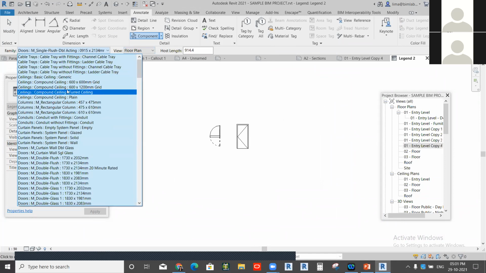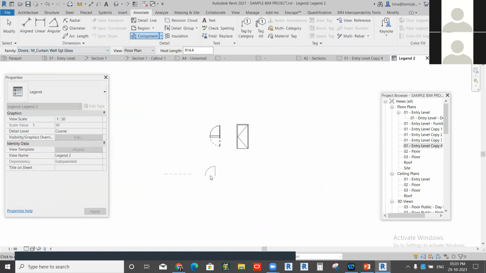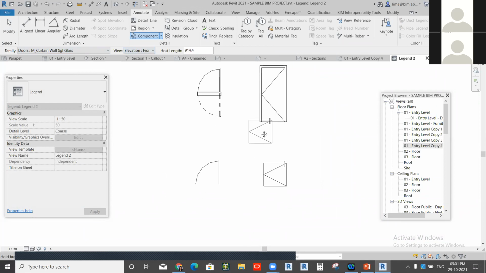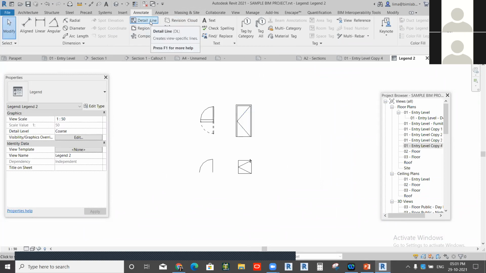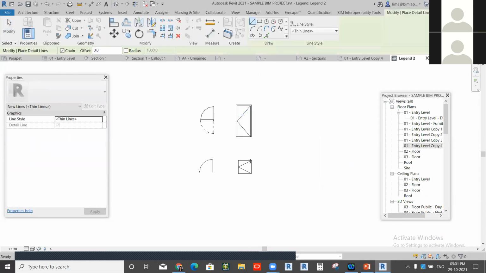So here you'll get all the items, the plan view and the front elevation, and you can customize this by simply drawing a table with the detail line.